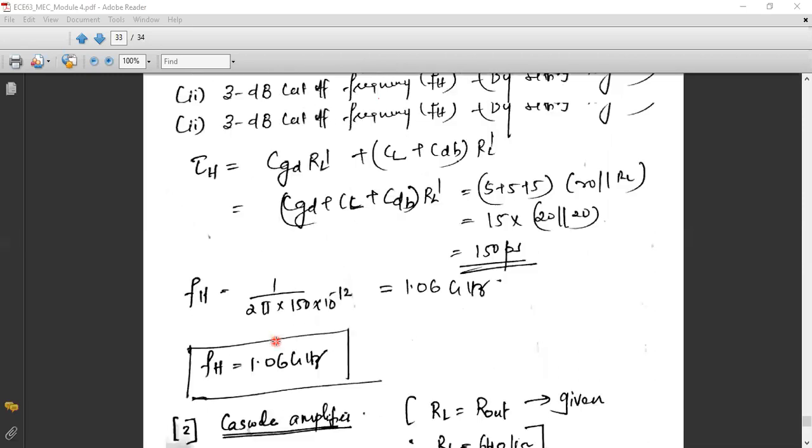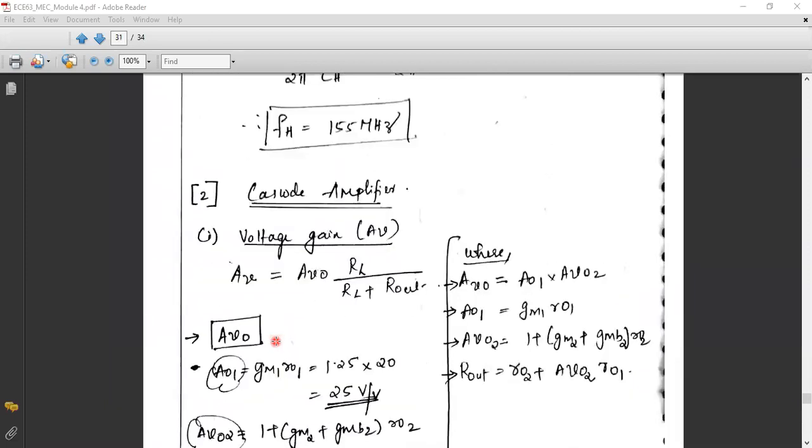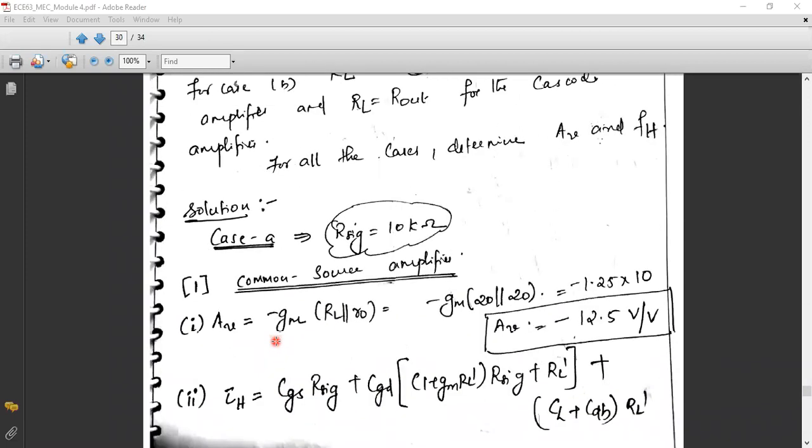So case B is very much significant compared to case A, because in case A we don't have that much effect, because we have considered a finite value of R_Sig. So that will not decrease your bandwidth. So both gain and bandwidth are increasing, which won't be suitable for some applications. Whereas for the second case, if we are neglecting R_Sig, then the increasing gain will correspondingly decrease your bandwidth or cutoff frequency. So that is the inference of this particular numerical problem.